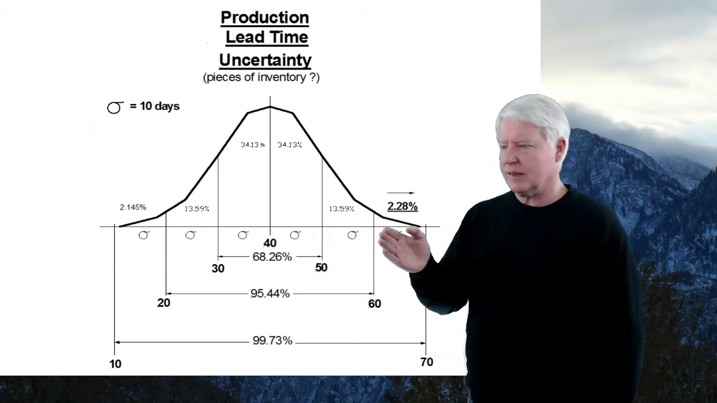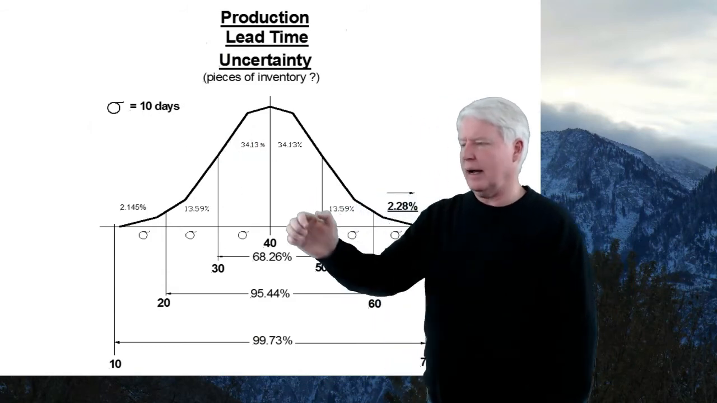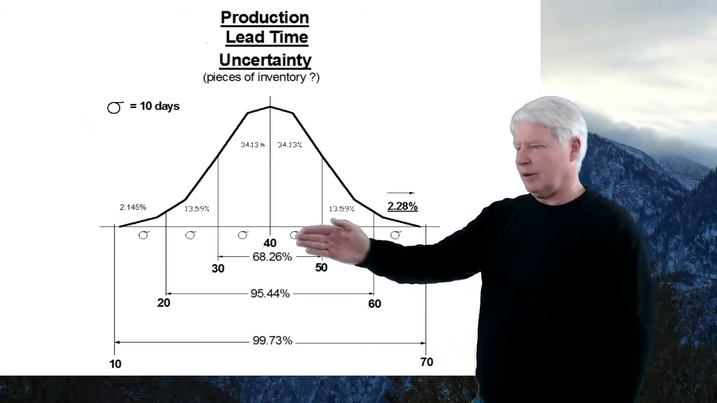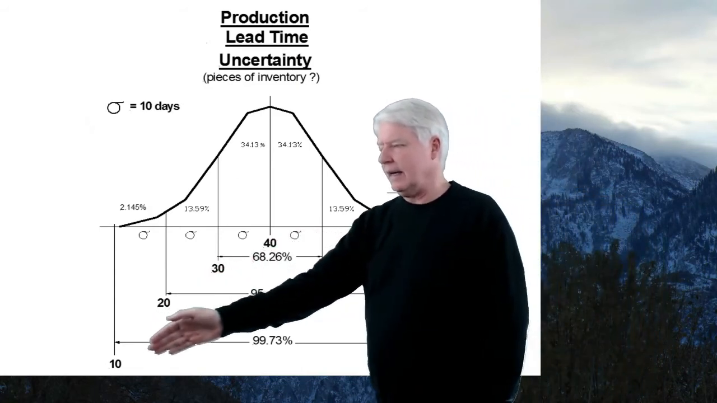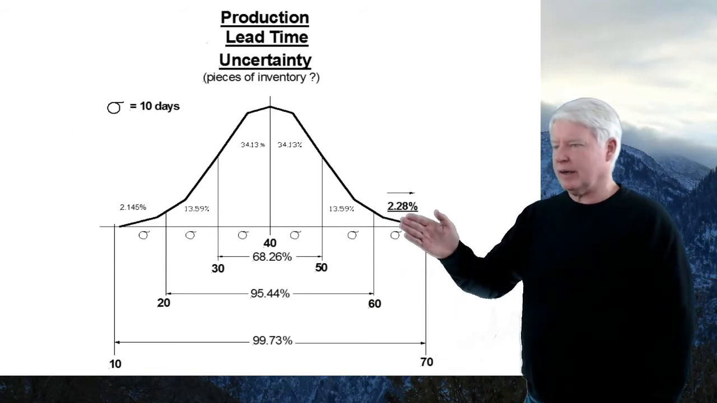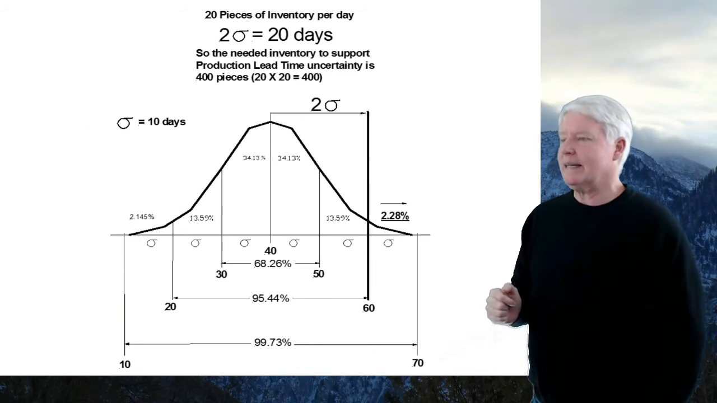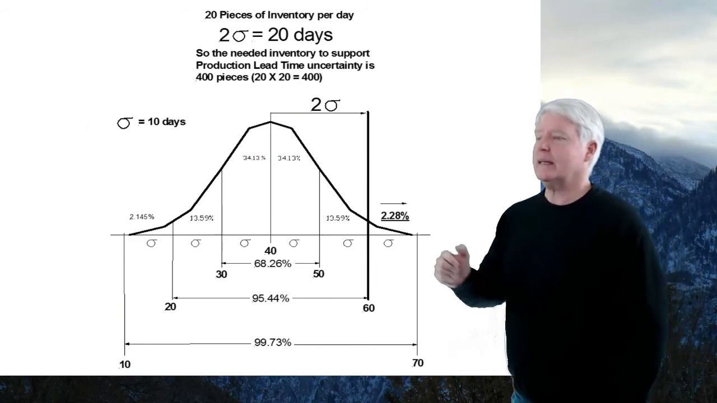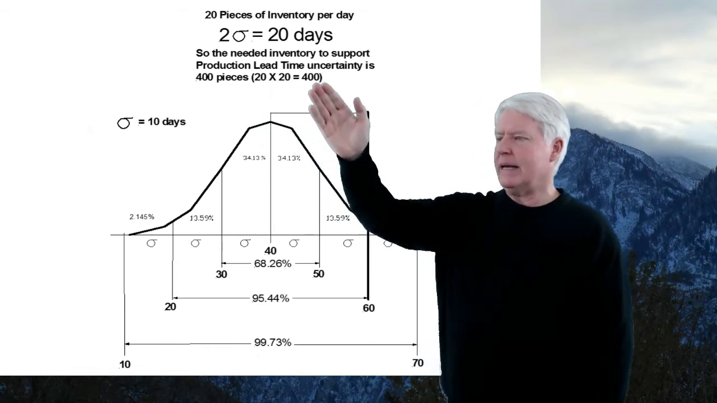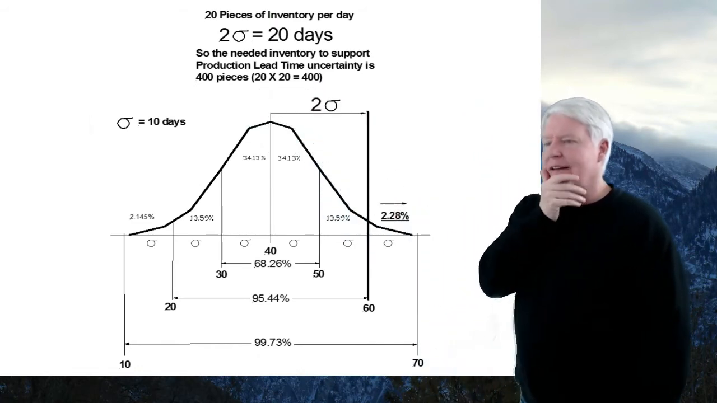But there's still this uncertainty going on, and sigma is 10 days for this from your supplier. So that makes this 40, 50, 60, 70, and of course 40, 30, 20, and 10. Okay, and we want to go out 2 sigmas to get our 2.28%. So what is that? 40 to 60 is 20 additional days. 20 additional days times 20 pieces per day means that for my production lead time, it's going to take 400